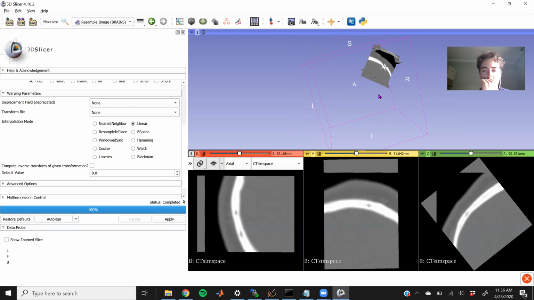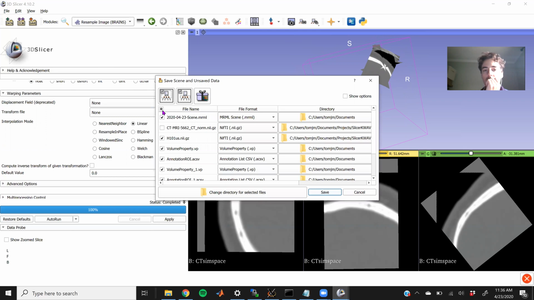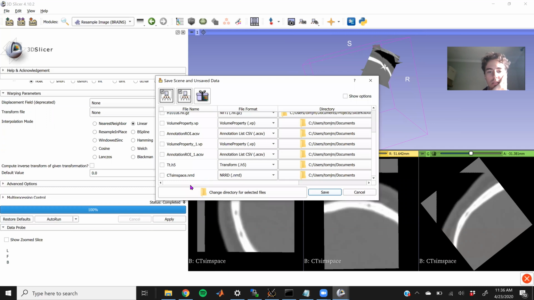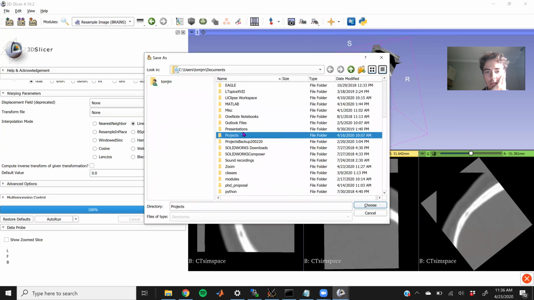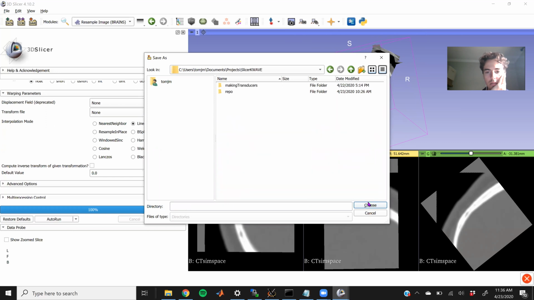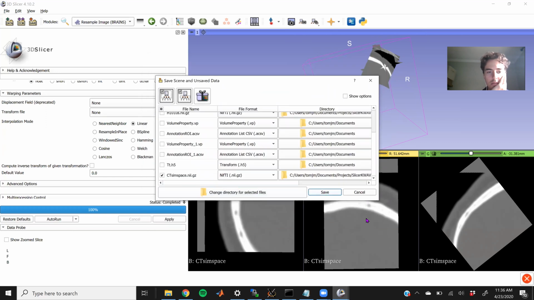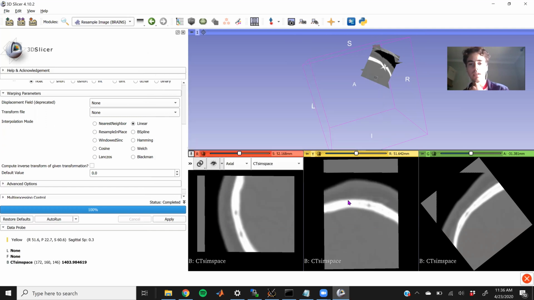So we need to save the data to the disk. And the only thing that we actually need to save is the resampled CT. We call this CT sim space. We'll save this as a compressed NIfTI. Change the directory. Save. Okay. So now,